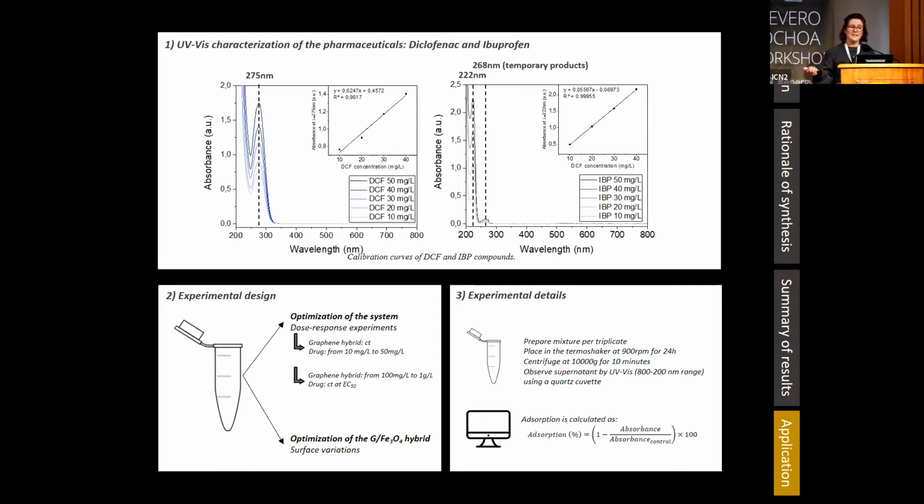The experimental details are simply, we put the drugs and the hybrid together, we let them absorb, then we took the supernatant, and by that, we could measure which amount of ibuprofen or diclofenac we had in solution, and so value how much we had absorbed. It's quite easy, but